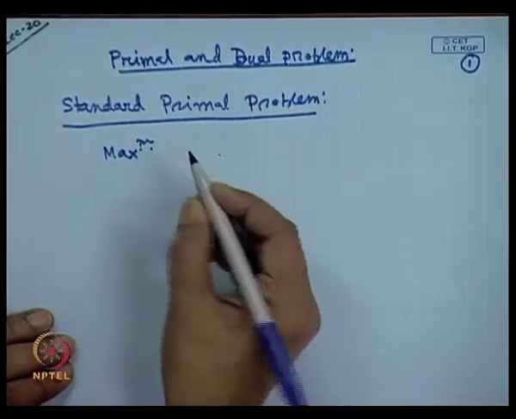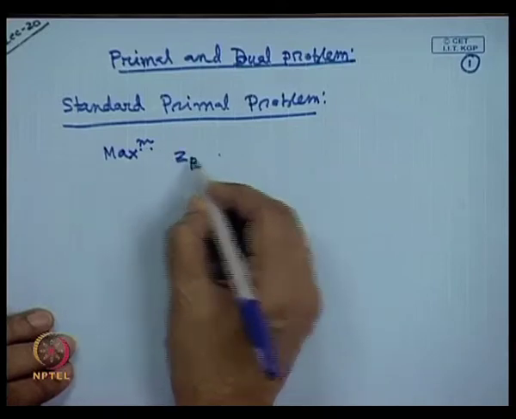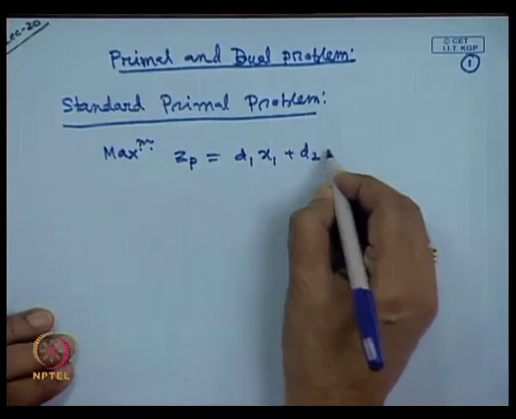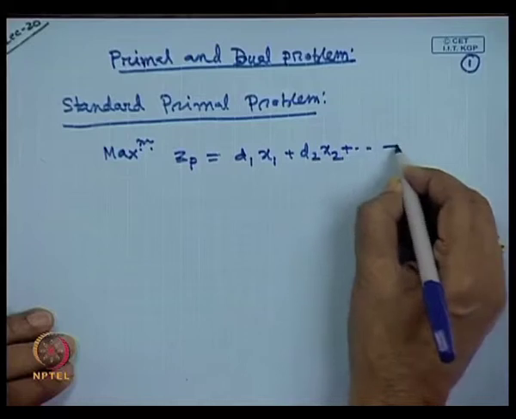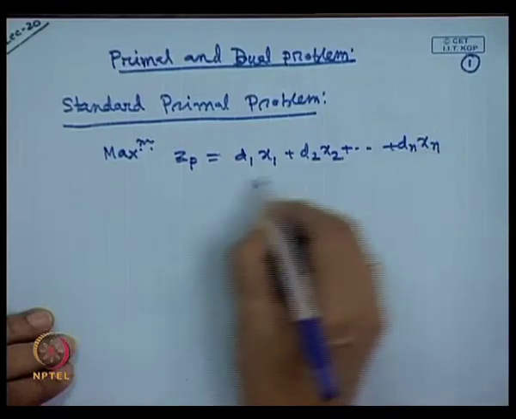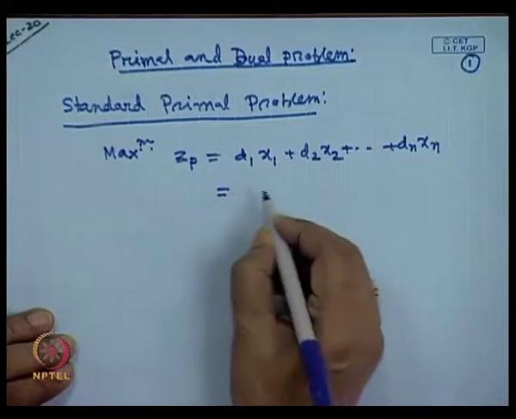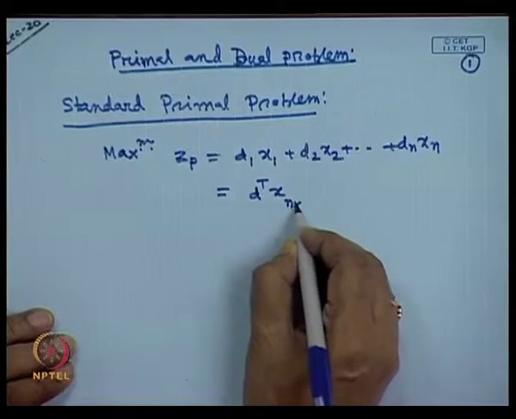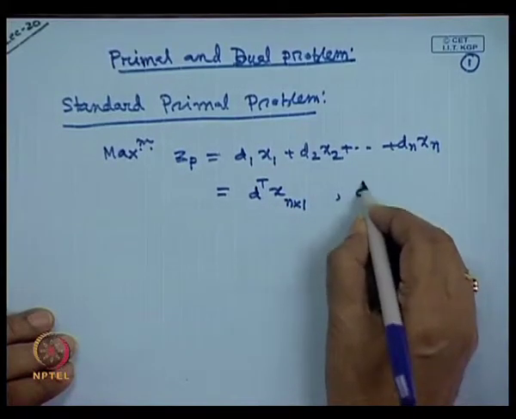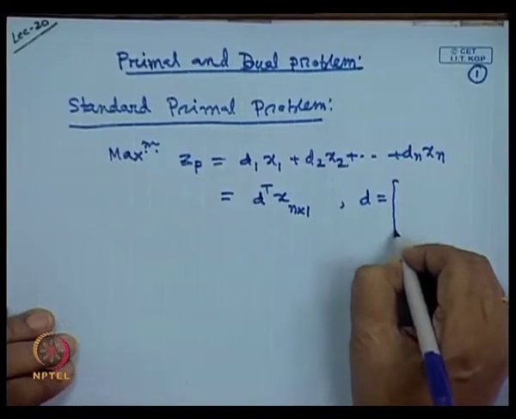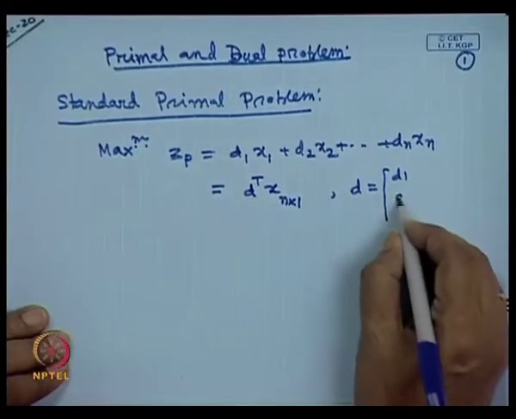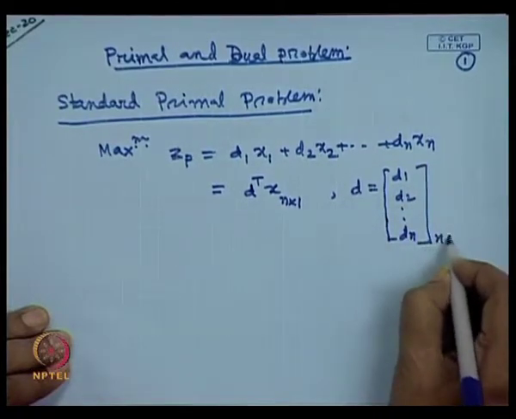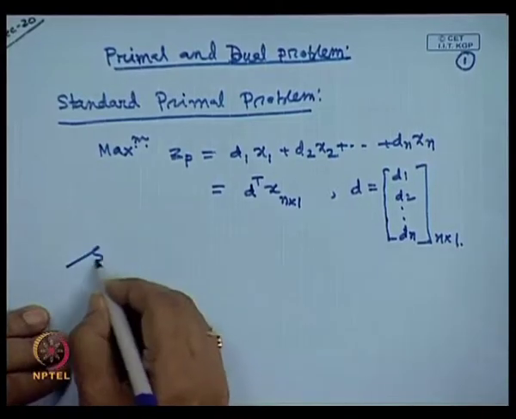Maximize ZP, the objective function, which is defined as d 1 x 1 plus d 2 x 2 plus dot dot d n x n. We have n variables. You can write this in vector form as d transpose x, where x has dimension n cross 1, and d is a column vector d 1, d 2 dot dot d n, with dimension n cross 1. This is subject to